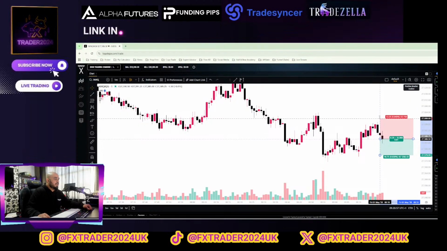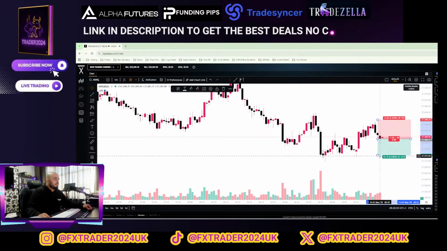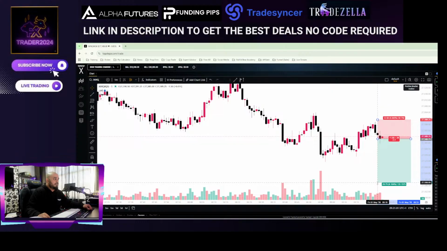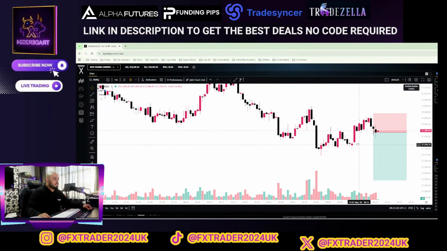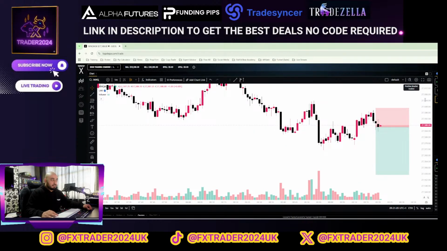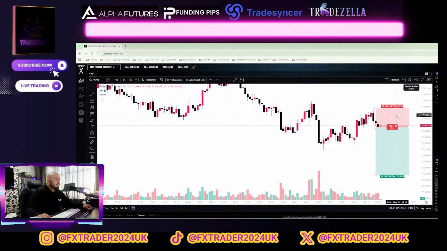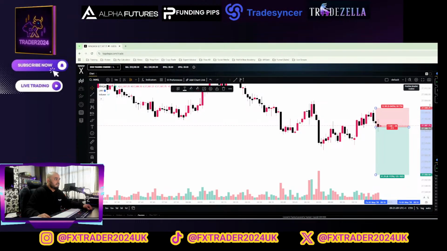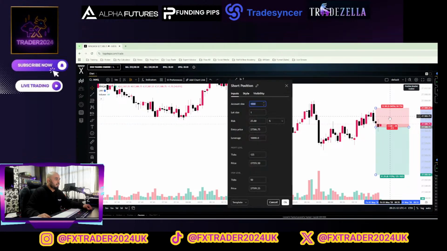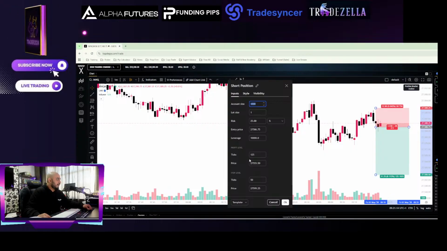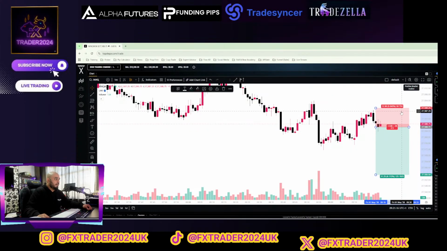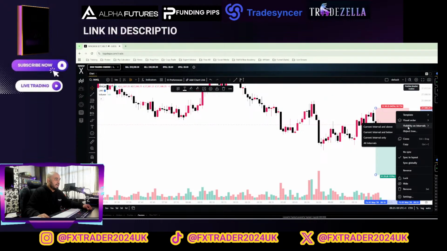Could you reckon you could do it like this? Like, you could choose an area, you can choose your stop loss. Yeah, I'm not sure. It doesn't actually give you a price, so I'd have to set the account size and settings up in there. But if I right click on that,